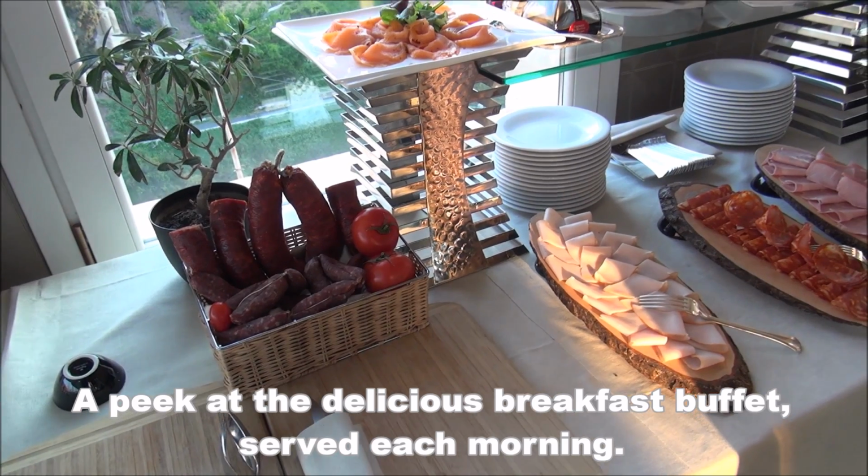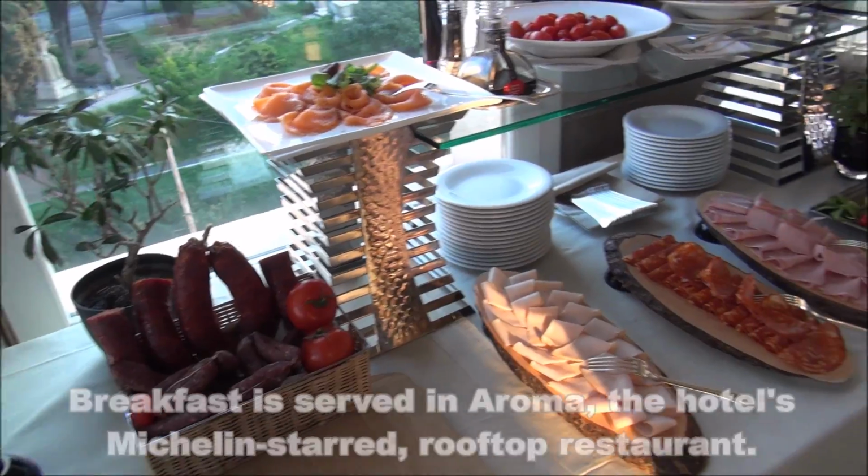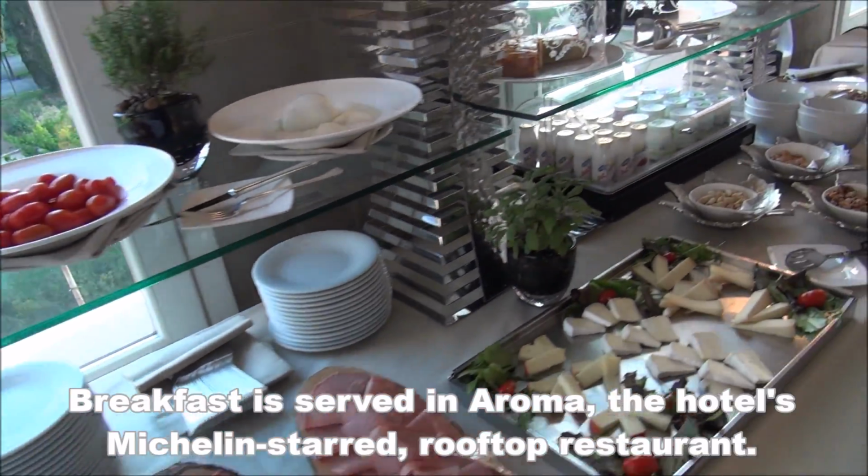So I wanted to show you the breakfast buffet here in Aroma, the restaurant here at the